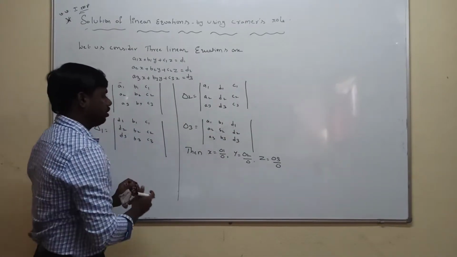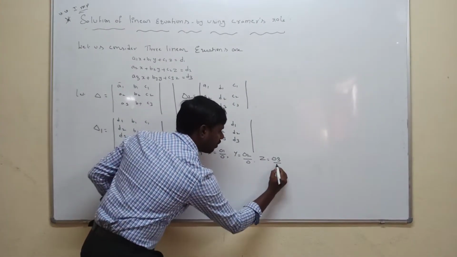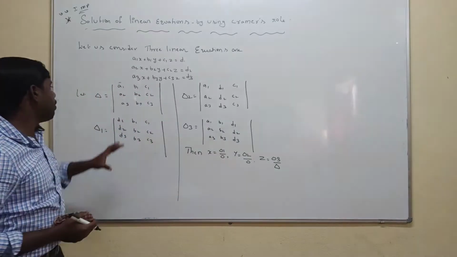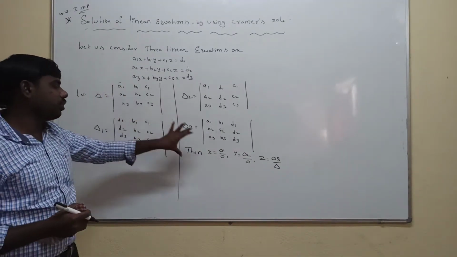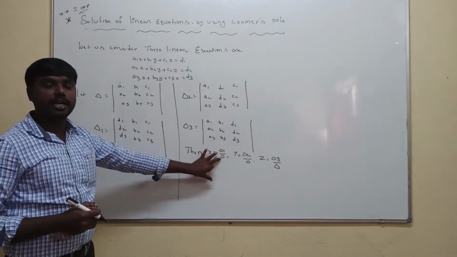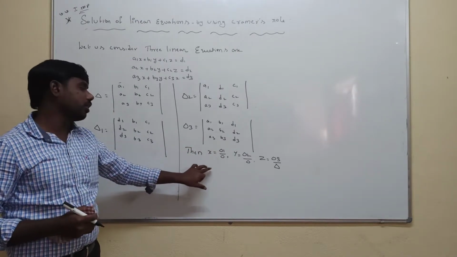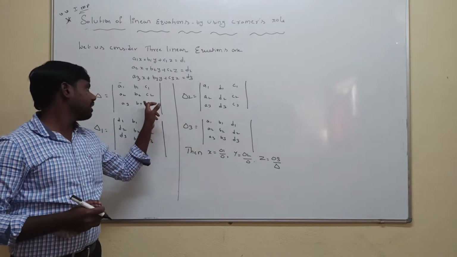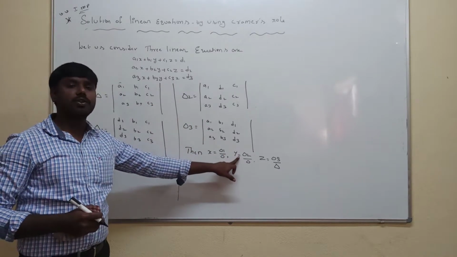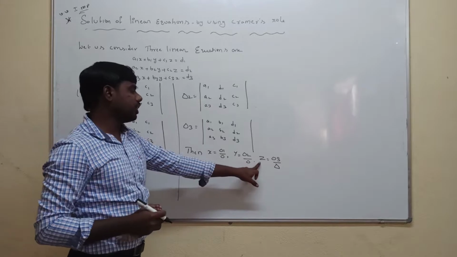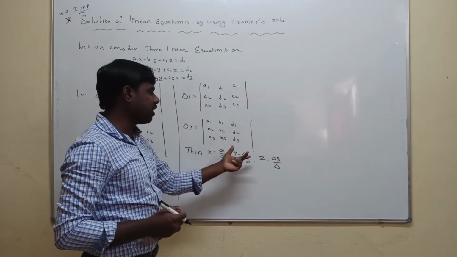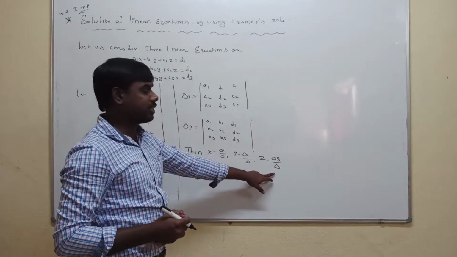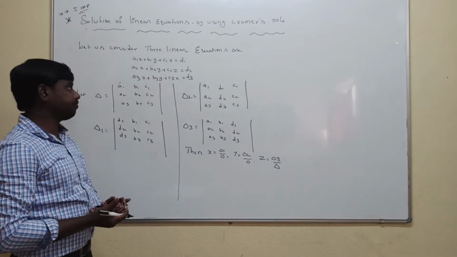So now this is delta not equal to 0. Okay everyone, using the determinant we find the value of delta, and then we substitute into x is equal to delta 1 by delta to get the value of x. Similarly we calculate delta 2 and delta, substitute the values, and finally we get the y value. z is equal to delta 3 by delta: applying the determinant, we get one value, divide it by the delta value, and we get the z value.